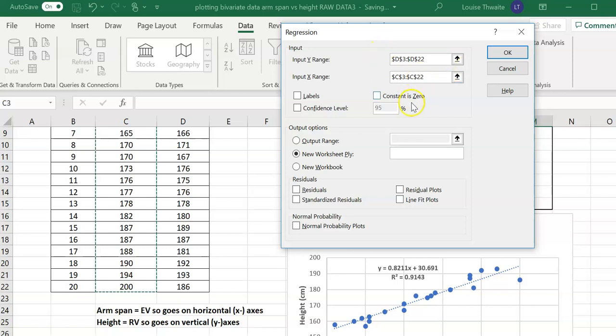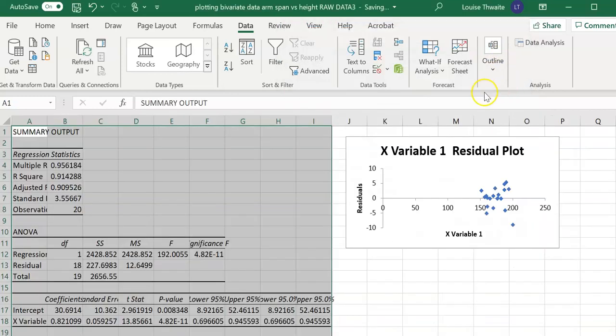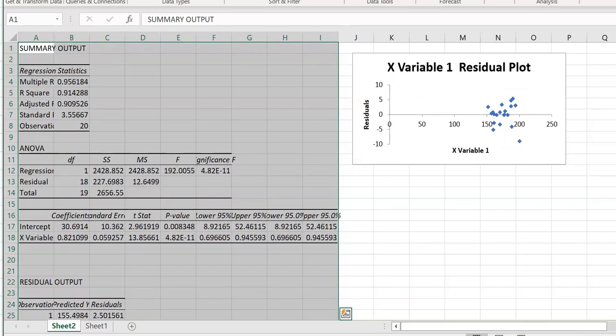Okay, before we press OK, we also want to know the residuals and residual plots, so make sure those boxes are ticked. Then you can press OK. What it will do is on a second sheet, it will generate a regression analysis for you.